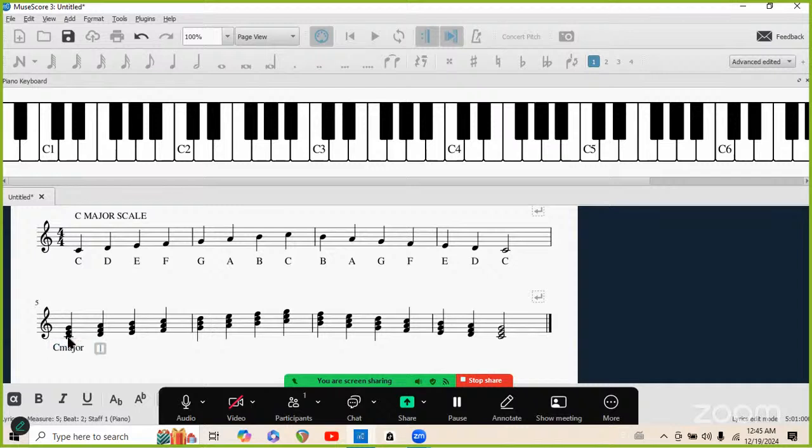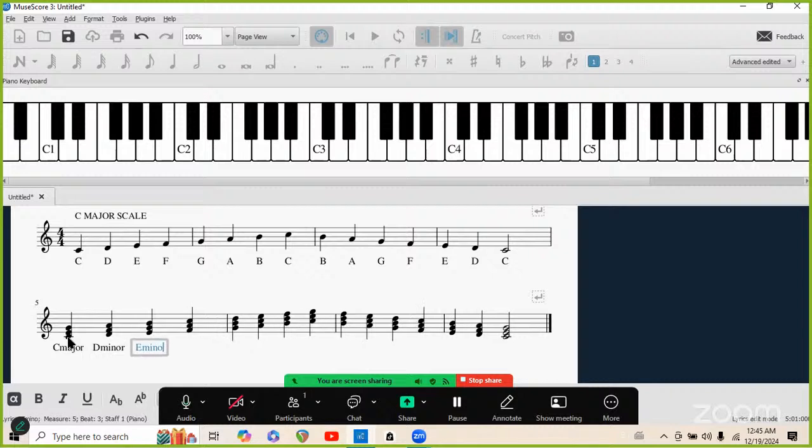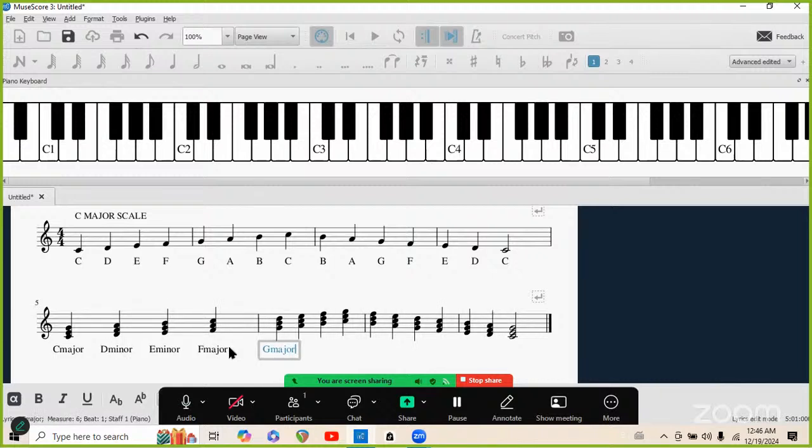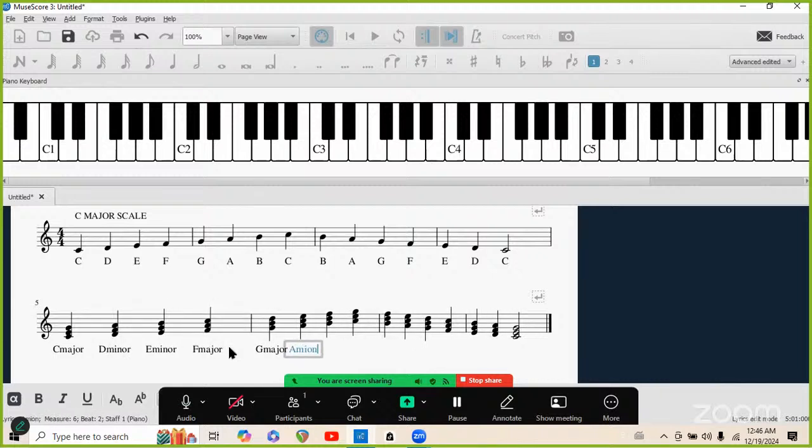C major, D minor, E minor, F major, G major, A minor, and this one is B diminished,